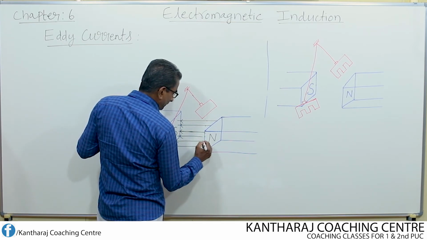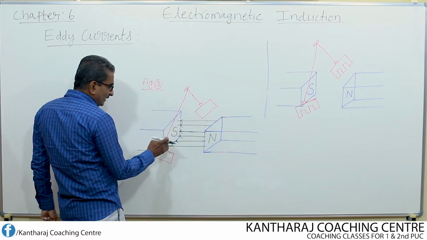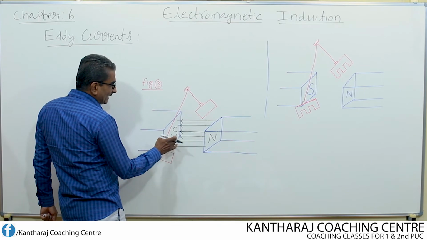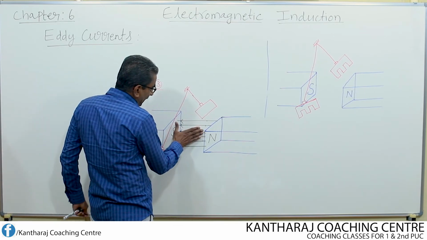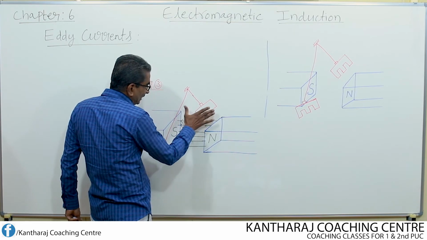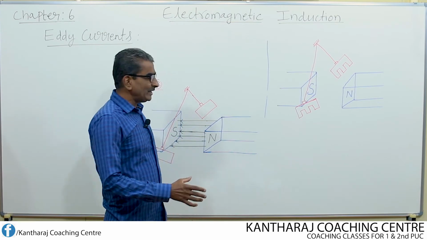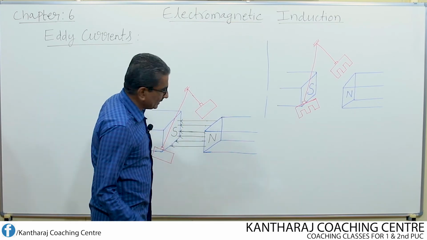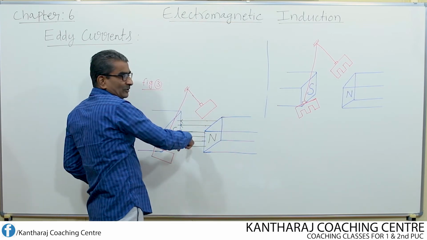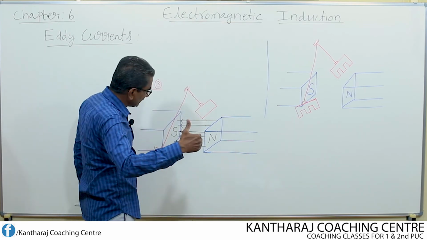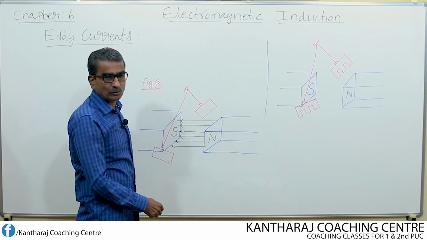Now what actually happens when the plate enters into the field region? When the plate enters into the field region, the magnetic flux, or the magnetic field lines linking with the plate, goes on increasing. How does it increase? We can understand this from the top view. I write one more diagram. This is the front view. We are viewing from this side.